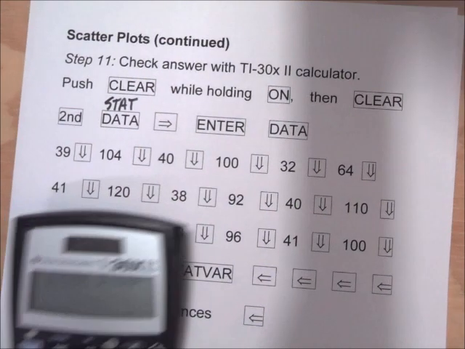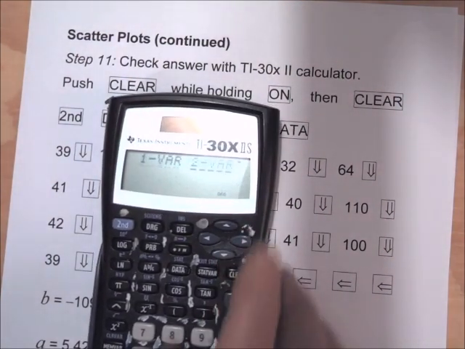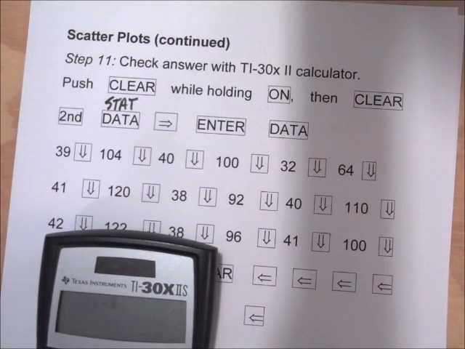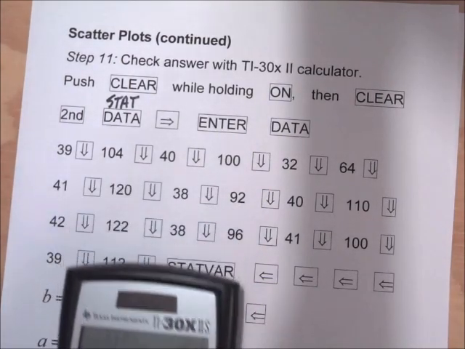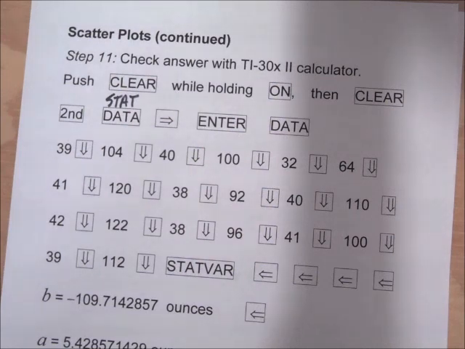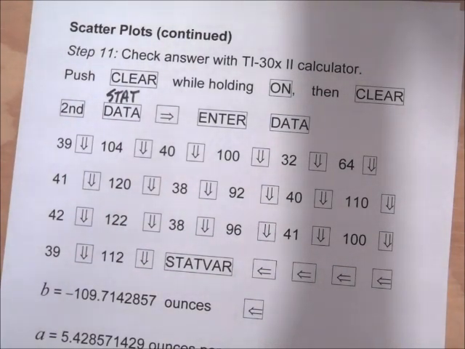And we want to push the right arrow to get the two variable statistics. We want the right arrow here, and then push equals, and then data again, and then you type in the data. Let's say x1 equals, put in the first x value, and so forth. 39 down arrow, 104 down arrow, 40 down arrow, 100 down arrow, 32 down arrow, 64 down arrow, 41, 120, 38, 92, 40, 110, 42, 122,